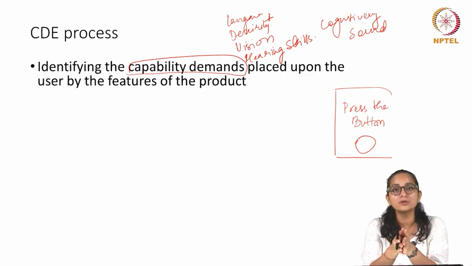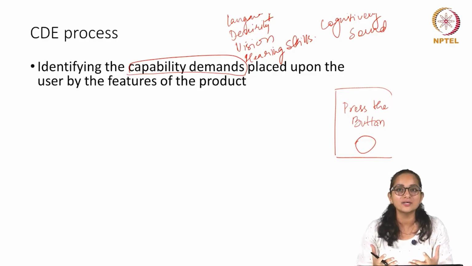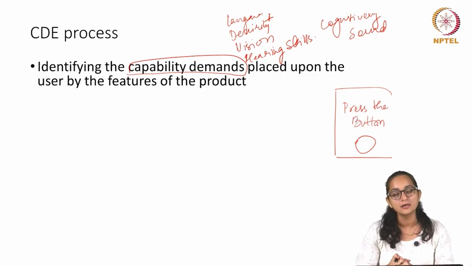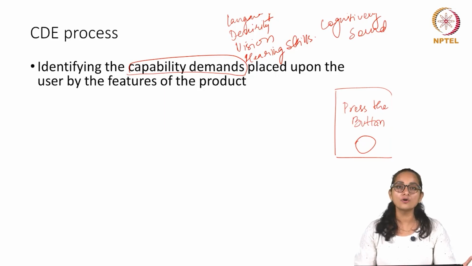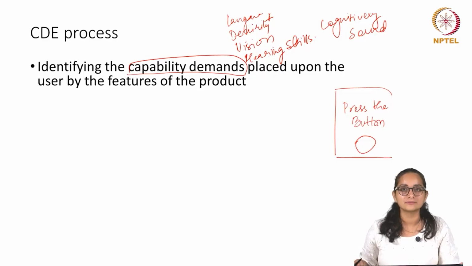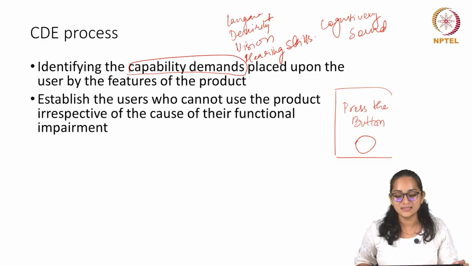And similarly, the moment we do it for our interface, we suddenly are face to face with all the capability demands that we are placing on our user. And then you can try to analyze and understand, okay, if so much is required just to press a button, what about my website which has so much information, so many buttons, so many tabs, there's a lot of things going on. So then what all is required, and then you basically establish